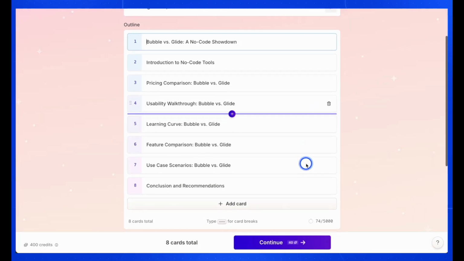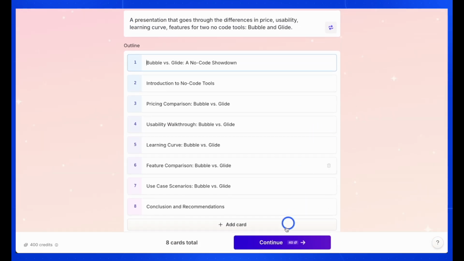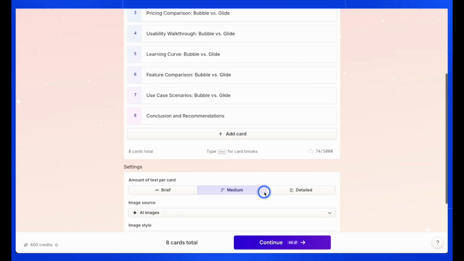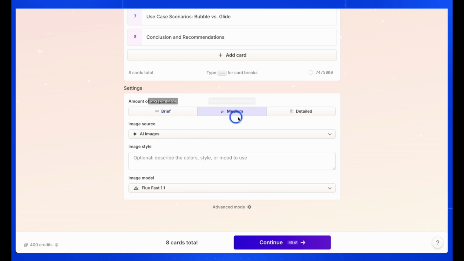Okay, so it's giving me the outline and the different cards. A no-code showdown, introduction, pricing, usability, learning curve, feature comparison, use case scenarios, conclusion, and recommendations. So great outline so far. Now at this stage, you can choose the amount of text per card: medium, brief, and the image source, AI